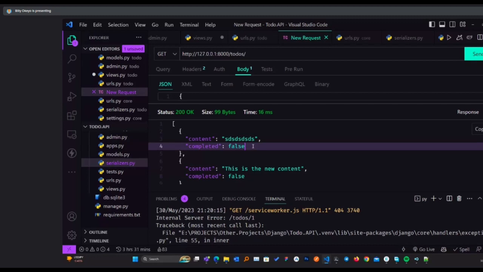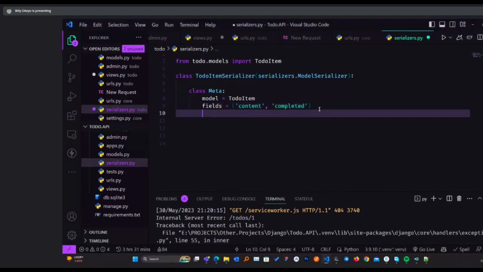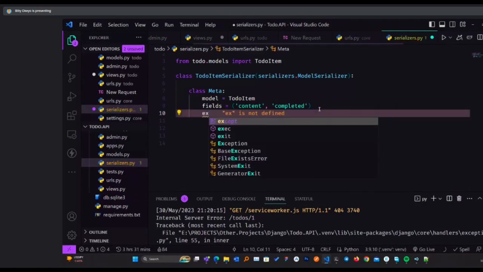So there's no way whereby we can just specify that you don't need this, then we need all the others. You just have to put them one after the other, with an exception of what you don't want. For now, I haven't gone deep to see if there's an exclude.